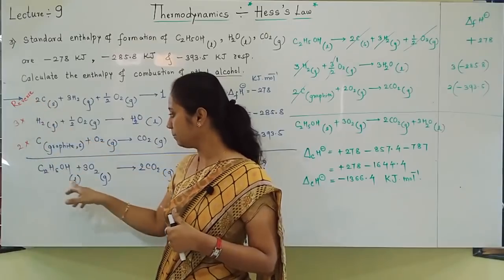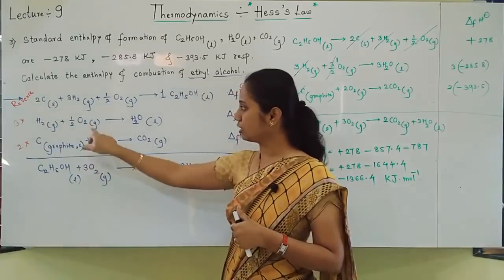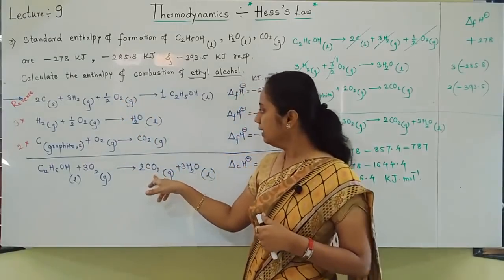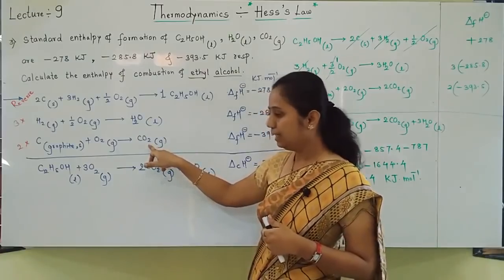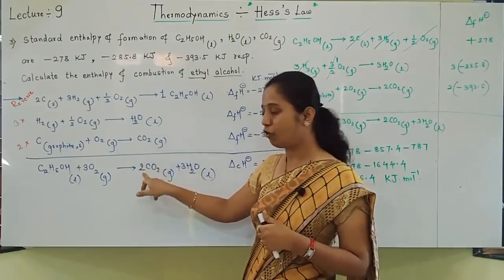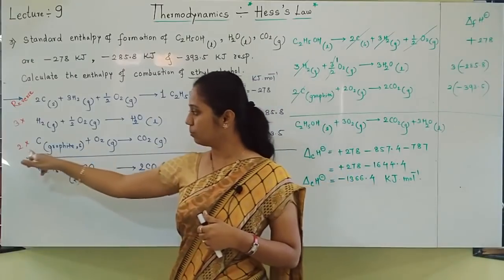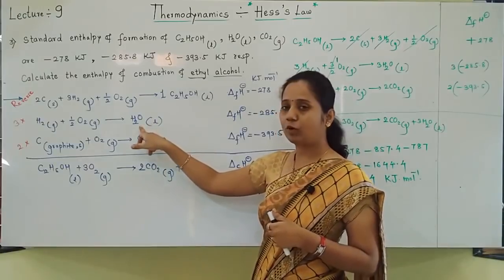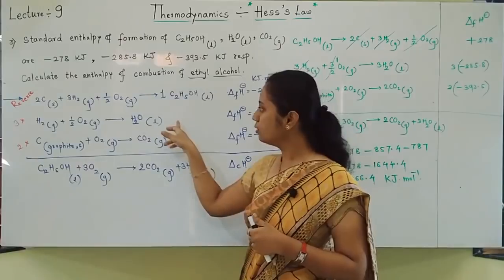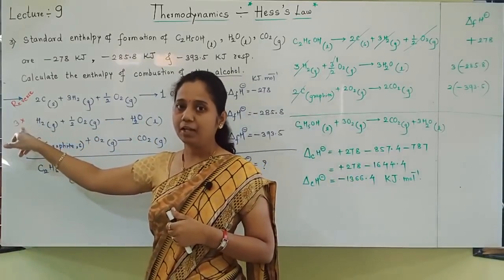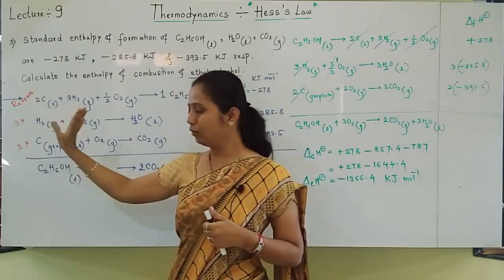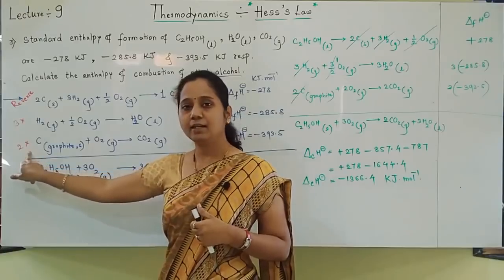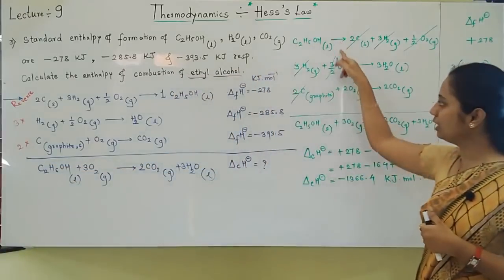Reverse the first equation. Next, don't check oxygen because oxygen is present in every equation. Go for the next, 2 carbon dioxide on the product side. When I check, I got carbon dioxide in the third equation, but it is 1 carbon dioxide. We want 2, so multiply the third equation by 2. Next, 3 waters on the product side. Water is there in the second equation, but we want 3 water, so multiply the second equation by 3. After doing the respective changes, the first equation I reversed, the second equation I multiplied by 3 and the third equation I multiplied by 2, and I wrote the equations.